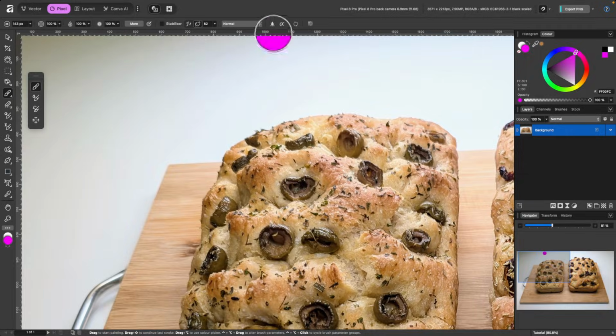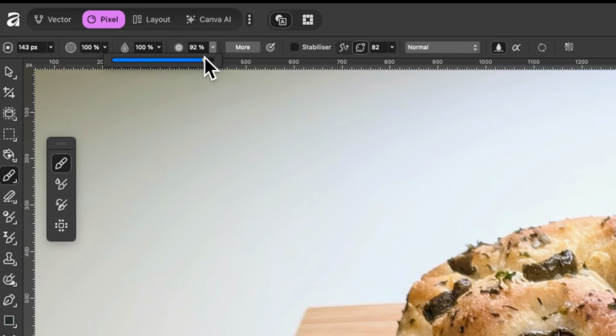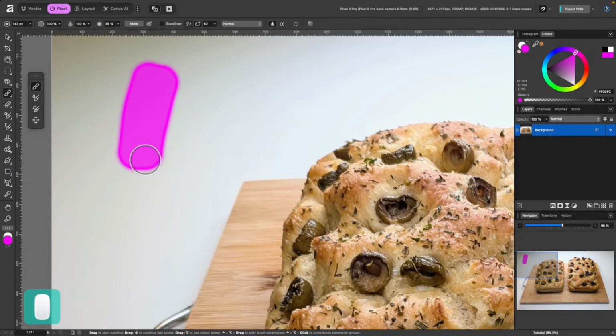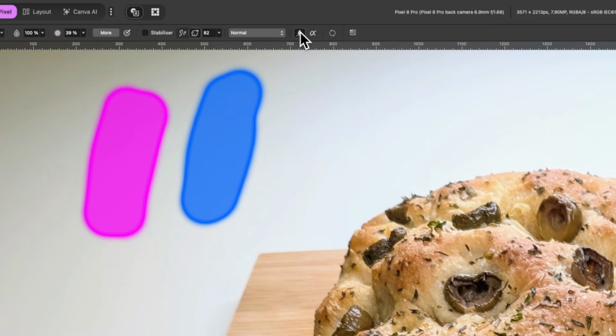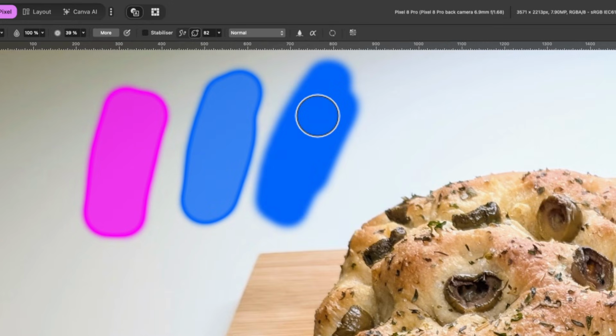And we also have the option to have wet edges on our paintbrush. So if I go ahead and select that, and I drag down the hardness a little bit like that, I'll make it quite soft. And I'll just paint in this area here. In fact, I'll change it to blue, and we'll try again. You can see I have these darker blue edges, and that's like if it was a little bit wet and the inside is kind of dried out. And if I uncheck that and start painting, you see we don't have the wet edges.